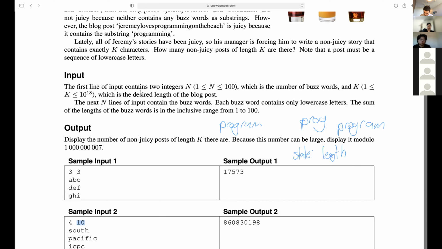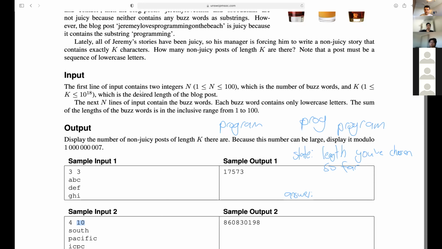So the state is the length you've chosen so far, the number of characters in your string so far. You're adding one character at a time, and your answer is the number of possible non-juicy posts.